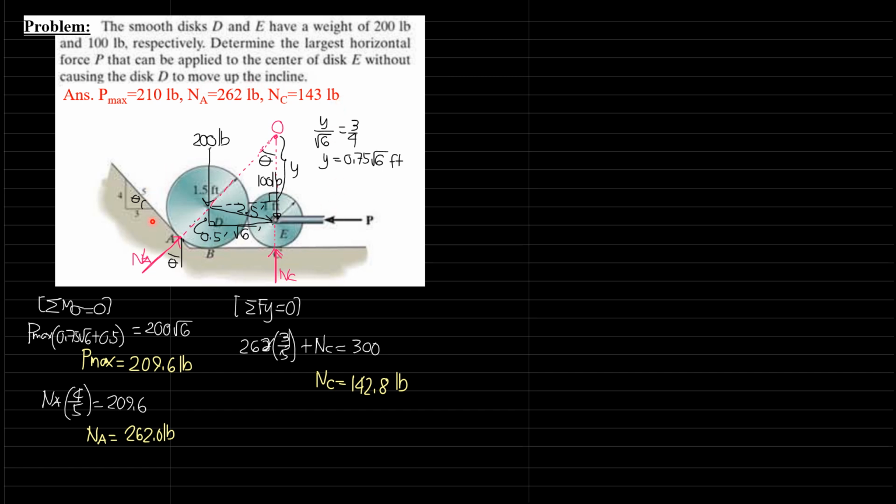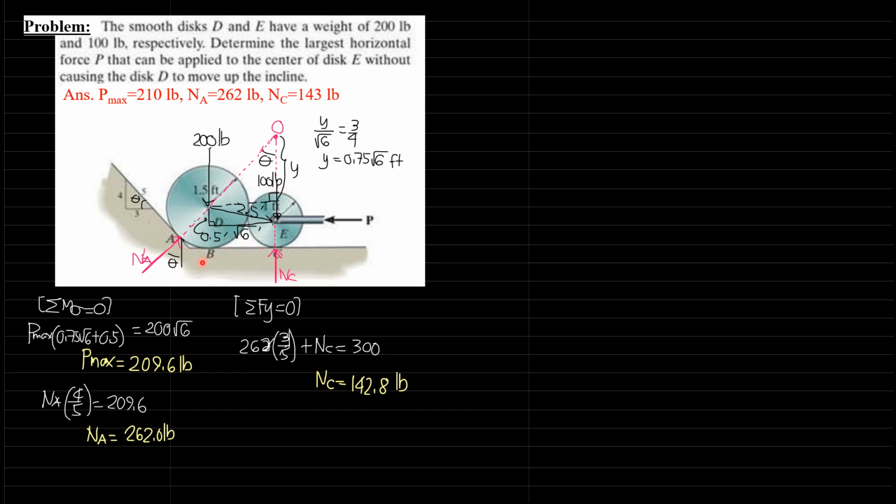So the analysis to this problem is that because it is the greatest horizontal force that can be applied at the center of this E, D here is about to roll up this inclined plane or slide up this inclined plane, and therefore when it is about to slide up the inclined plane, there will be no contact at B. So if there is contact, that's only gentle contact, that's zero. So that's the analysis to this problem.